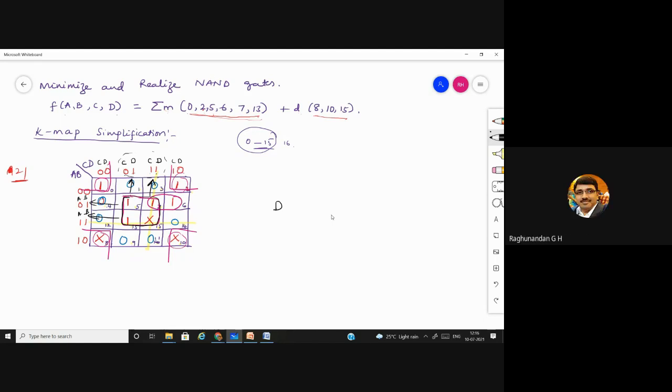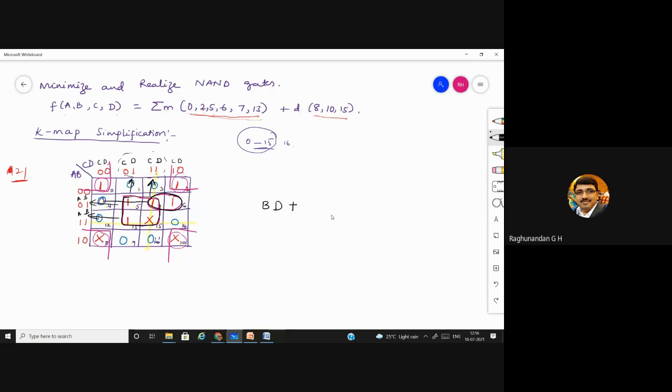B is common. So this we have simplified as PD. Now we'll go to this grouping. In this grouping, you can see that for the vertical position, we are having two. The two columns we are having, but the row is single. That's why you cannot compare anything here, so take it as it is.